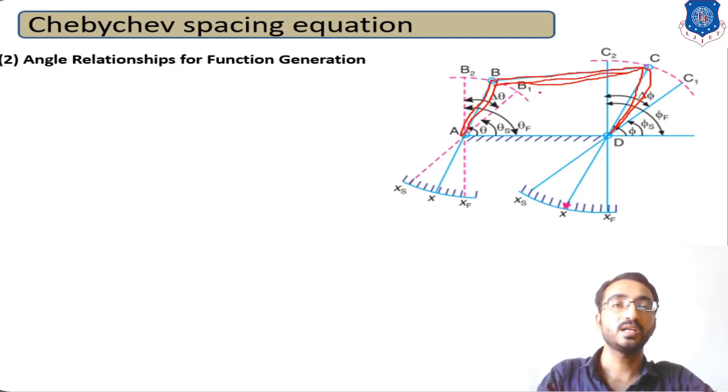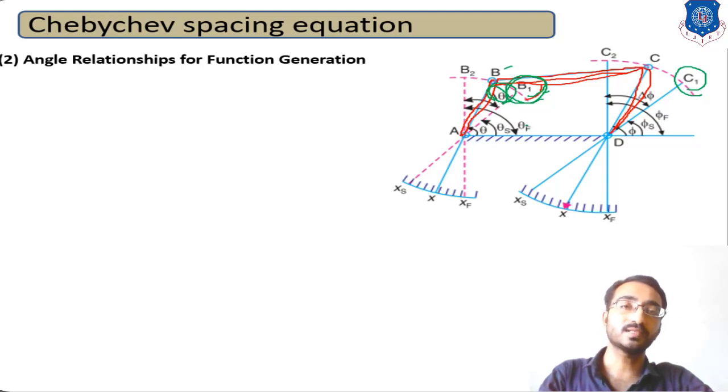if you want to calculate various points, for example, let's consider B1 as your starting point. If you define B1 as your starting point, then for that particular B1 point you will have C1 as another point over here. To reach from B to B1, the change in angle is known as delta theta. If you consider the initial angle as theta, then you have to add delta theta, that is the change in angle. So for the B1 position, your theta is theta s, that is your starting position.